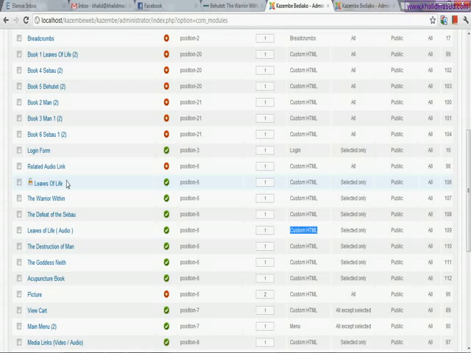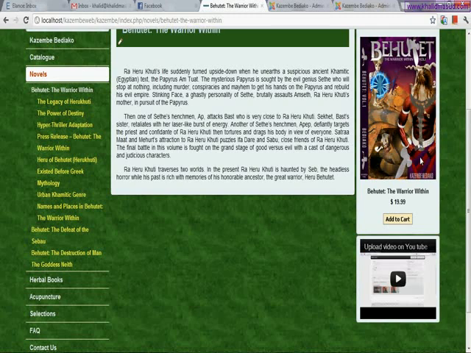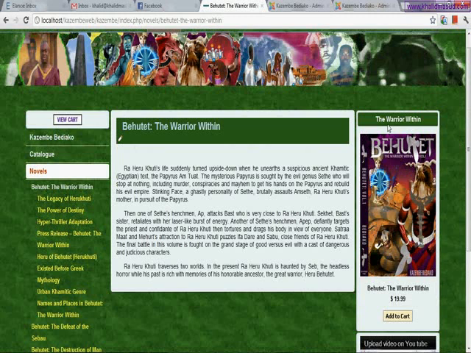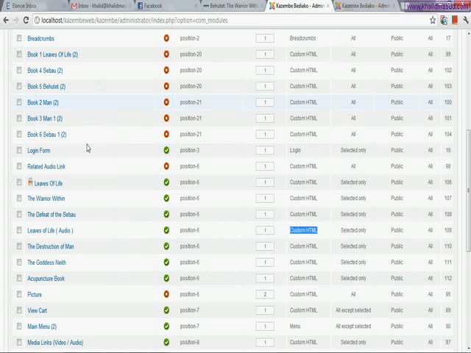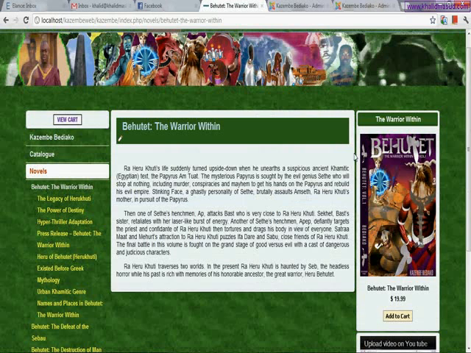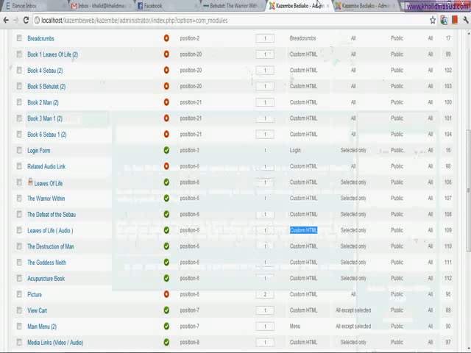Okay. And now if we want to see how this Warrior Within book advertisement, along with this add to cart button and all this designing, has been stored on our website, we just need to open it from here in the module manager. This is the module which I have used to show this book title.